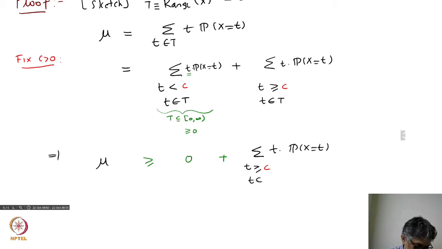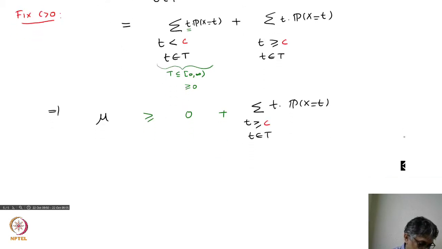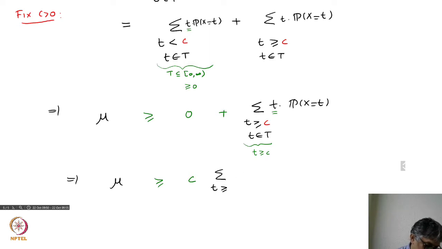In the second step, I observe that everybody in this sum, t, is non-negative, but more importantly, everybody is above c. So all these t's are above c. Now I can do a similar computation. I can say this implies mu is now again, I forget the 0 is gone. I have everybody above c, so I pull the c out, and then I leave the sum in. I say sum of t bigger than or equal to c,